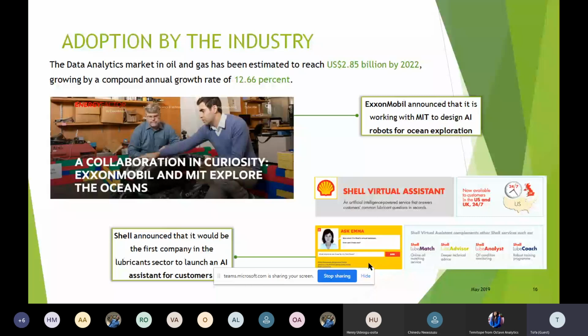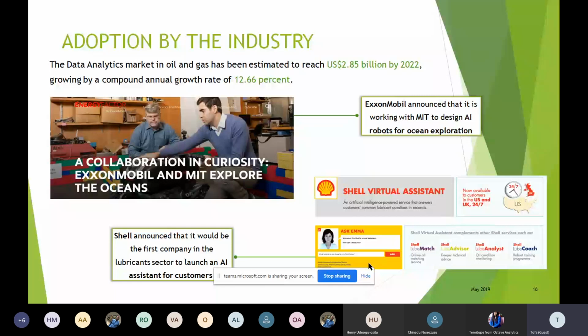A lot of technology and innovation is happening here in the data and analytics space. And just to give you an insight into what it looks like, the influence of data and analytics is estimated to reach like $2.8 billion by 2022. And that figure is growing at a compound rate of 12%. I'll tell you that this is actually underestimated, and I know what I'm saying.